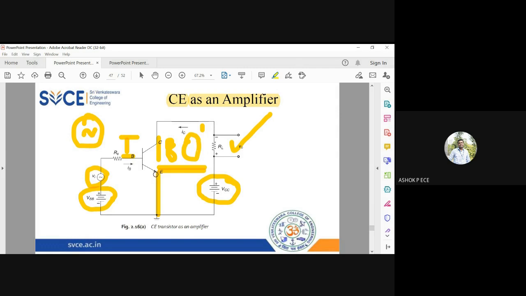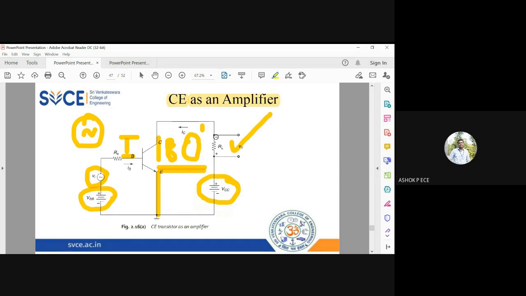Now you know always emitter current equals base current plus collector current. All the currents will be flowing towards the terminal, and emitter current will be flowing outwards. So if that has to happen, then IB will be flowing this way towards the transistor. IC will be flowing toward the transistor. So when IC is flowing through RL, the polarity you see, always the current entering node is positive, the current leaving node is negative, correct?